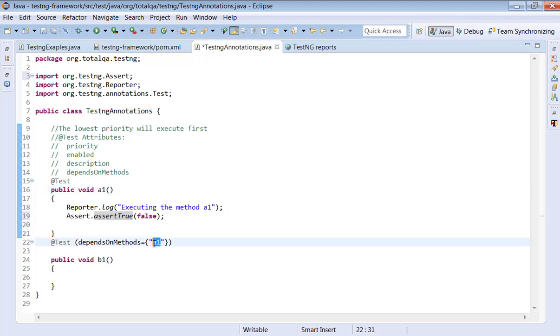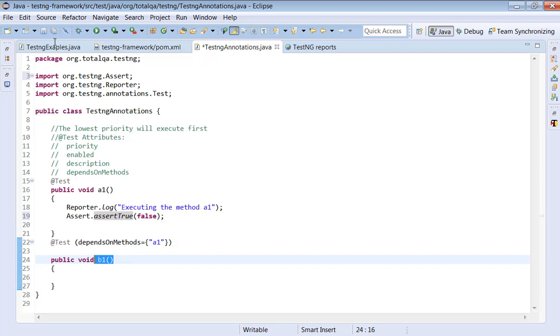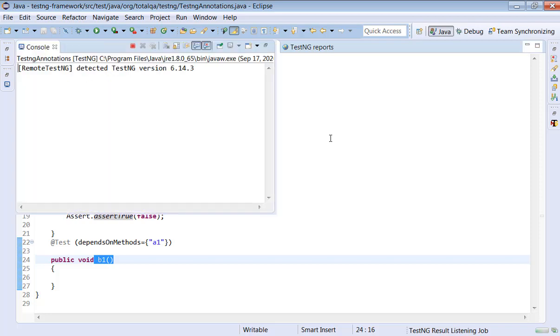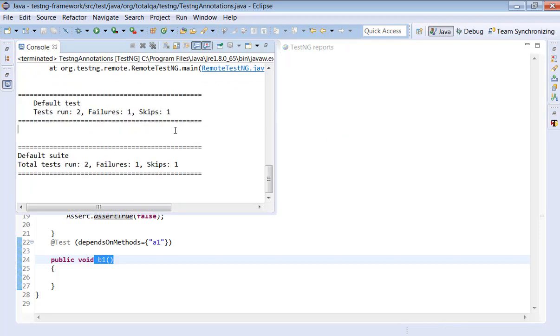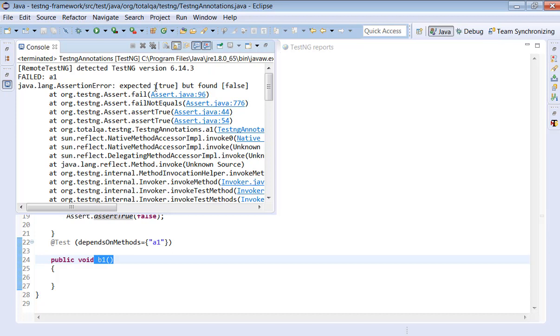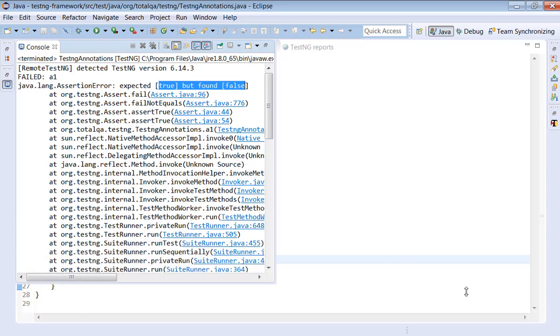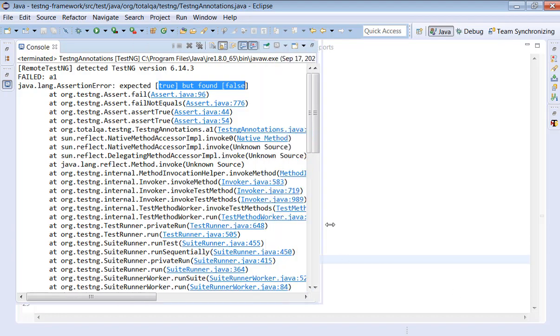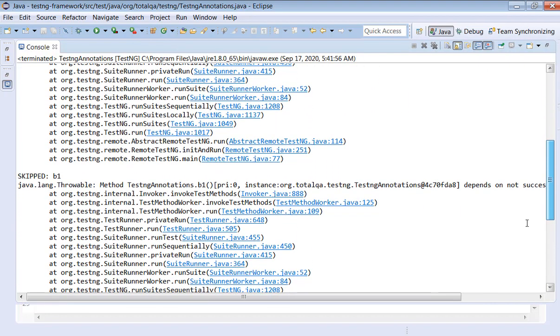When the dependency method is failed, do we need to execute B1 or not? That is the objective now. A1 is failed, so does B1 have to be executed or not? Let's see what will happen in this scenario. If you look here, A1 is failed because A1 is expecting true but found false. Here B1 is skipped.